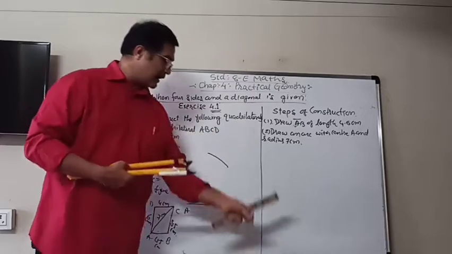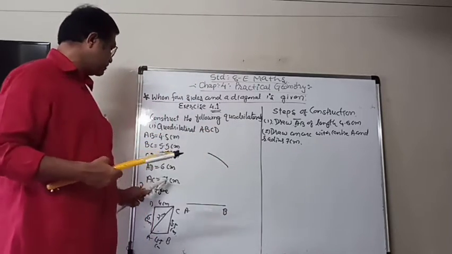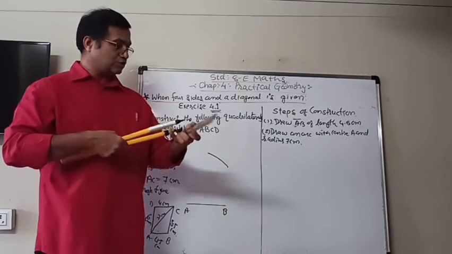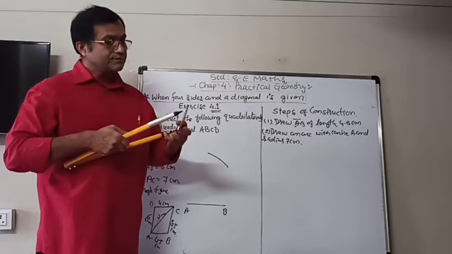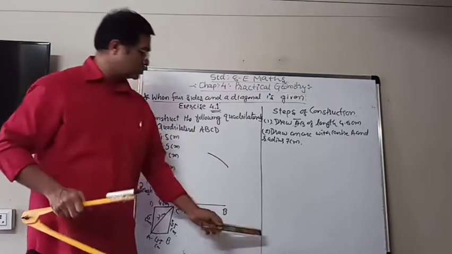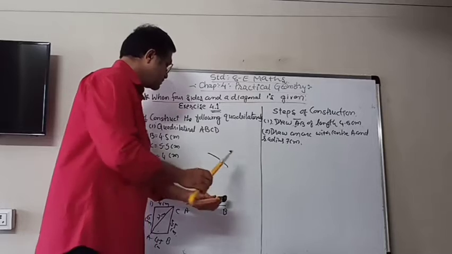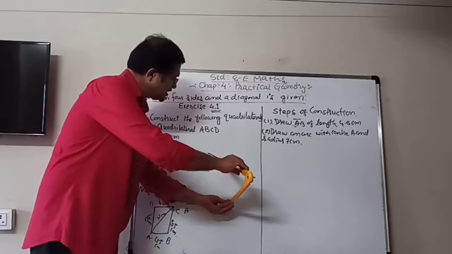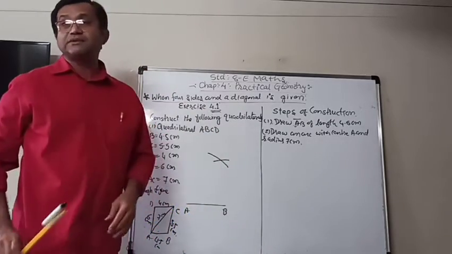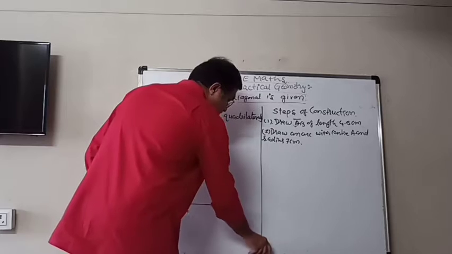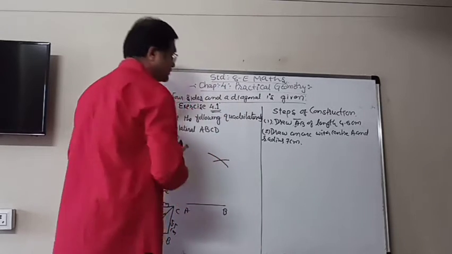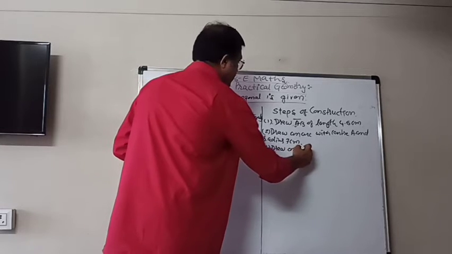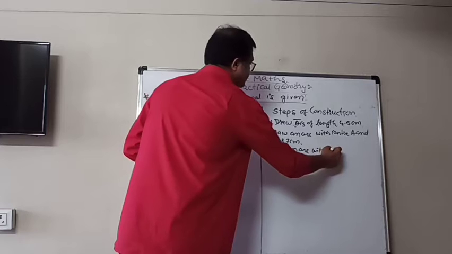So I will take my radius 22, but you have to take 5.5. From 0, that's my 22. So I will put my pointer at B such that it will intersect the previous arc. Right? So from which center do we take? B. So third step: draw an arc with center B